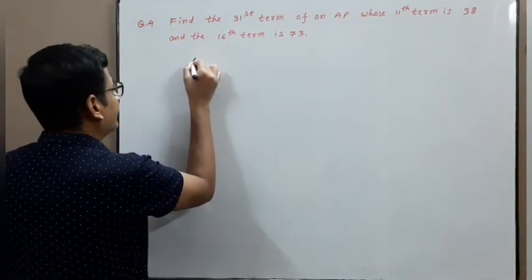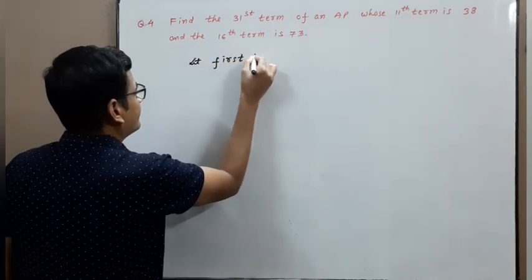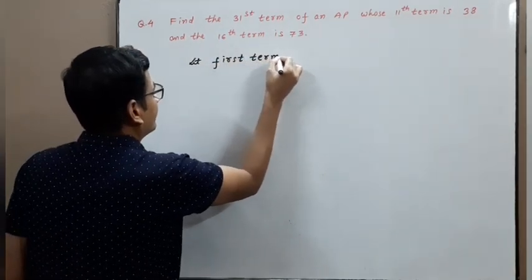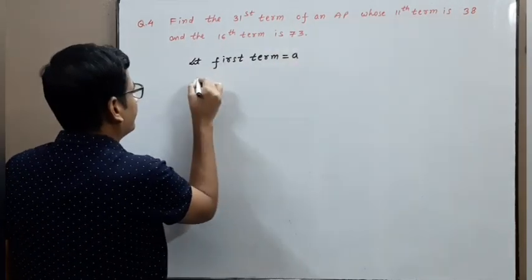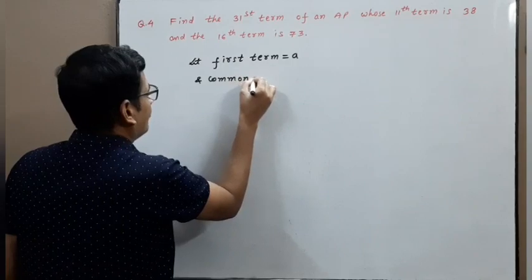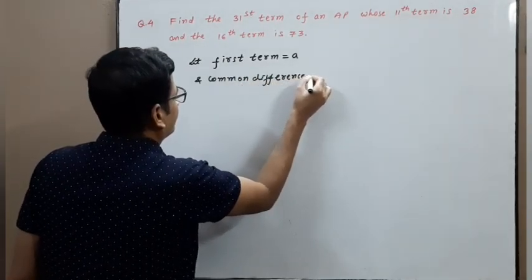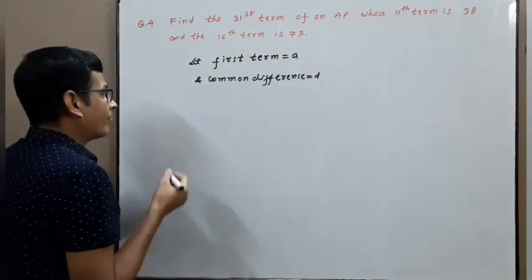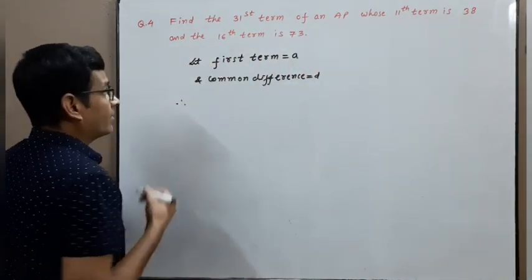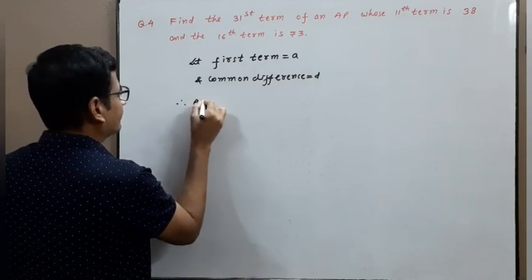So first, what will we do? Let the first term be equal to A and the common difference be equal to D. Therefore, according to the problem,